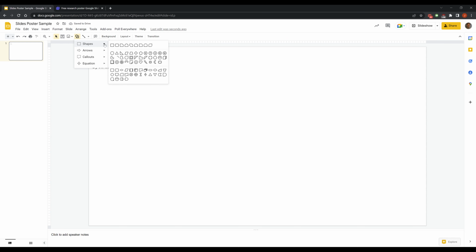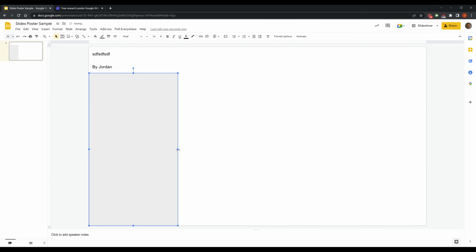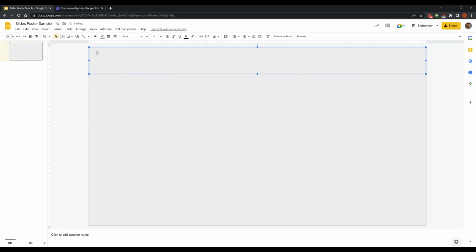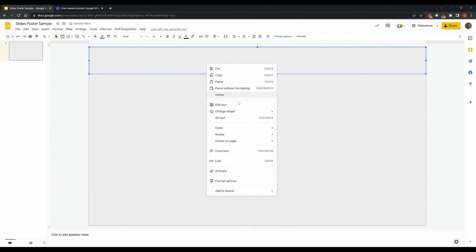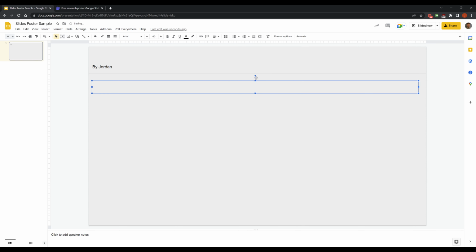We can add shapes. So if you want to be simple, and I do recommend erring on the side of simple, you can kind of storyboard your background here. So maybe I want a gray background. I want a dark gray header up here. Notice that because I drew this after my text, it got put behind my text. Or in front of my text, I can just change the order and send it to the back. If I want to,